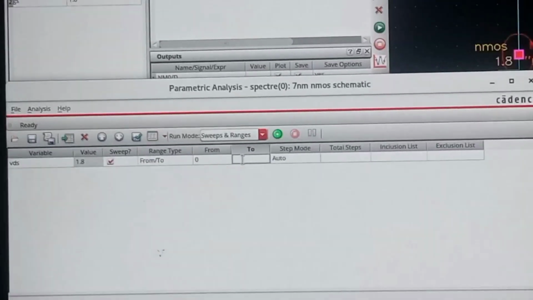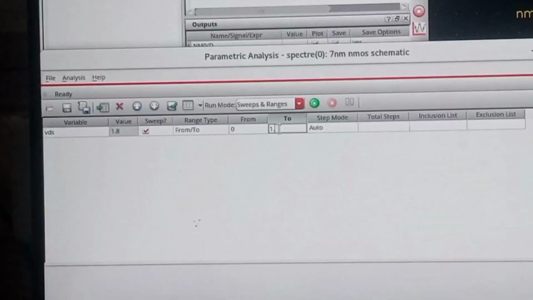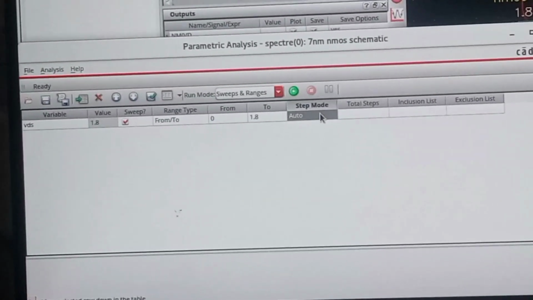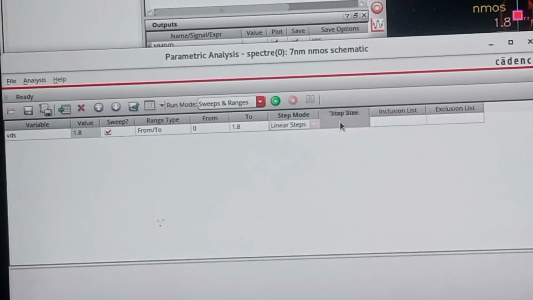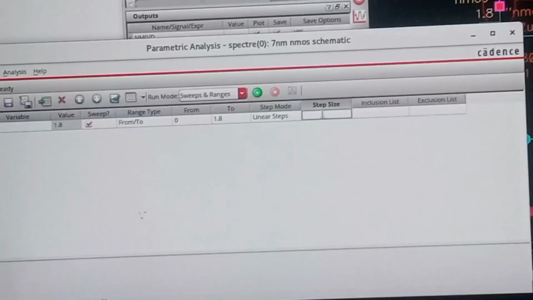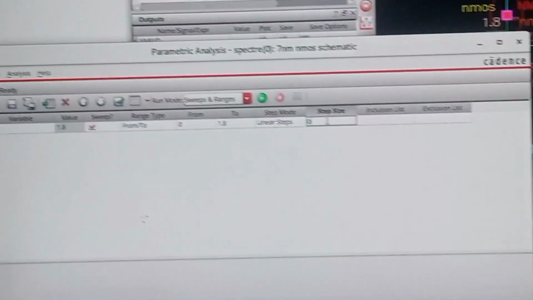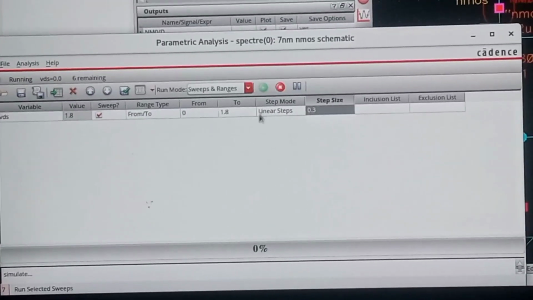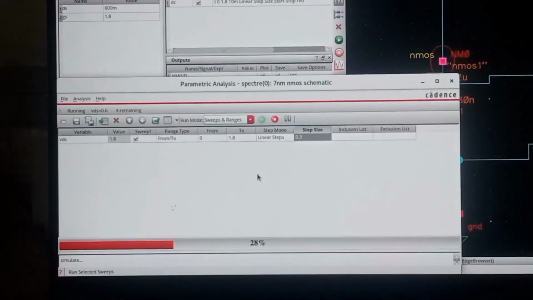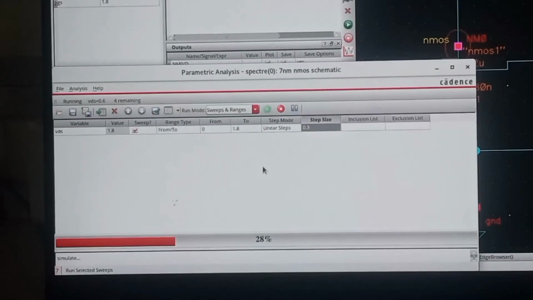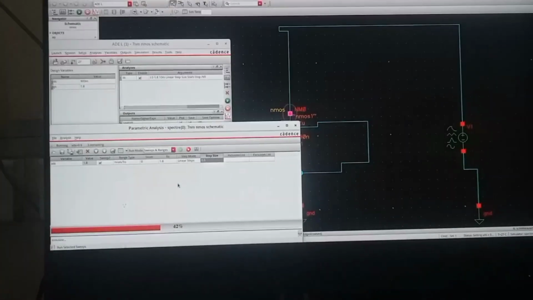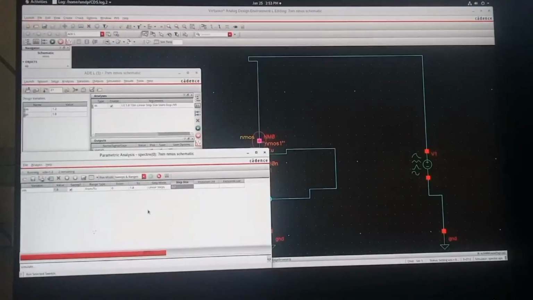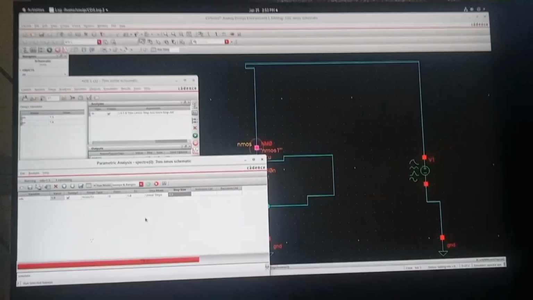Now select linear steps and give the step size as 0.3, and click the green button. After a few seconds you will see the ID VGS graph will be generated.